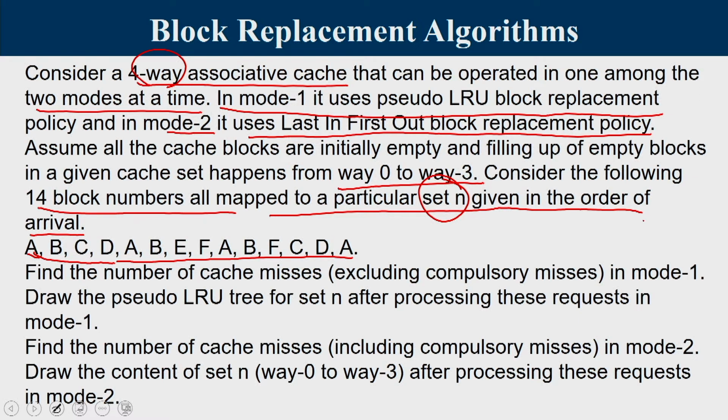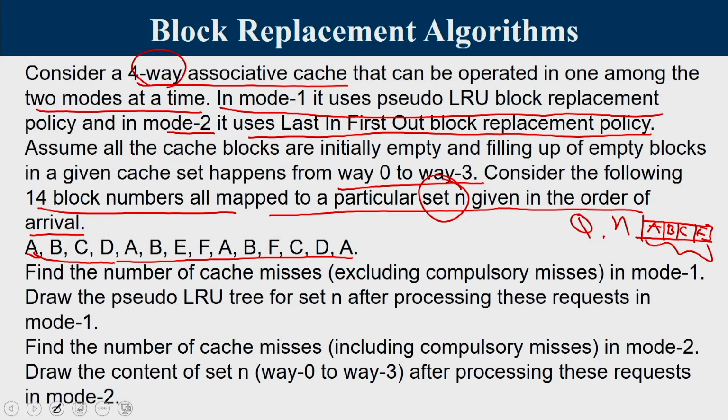If you look at the snapshot, let us say this is set number n, and this set number n has 4 ways. At some point there may be A, B, C, let us say F. Let us say this is the content. So, in set number n at a given snapshot, let there be blocks A, B, C and F residing. Now, let us say there is a new request Q that is going to come. Which one am I going to replace? Will I replace A, or will I replace B, C or F? That is basically your block replacement question.